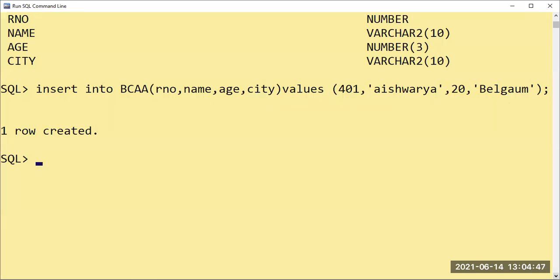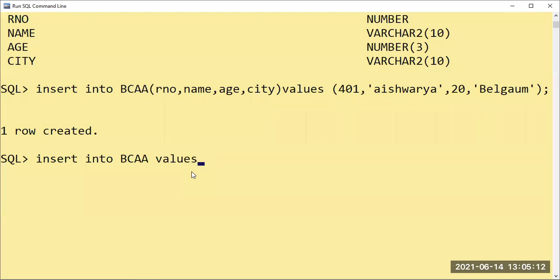Means you will be having records of 5 or 10 this way. So every time, why is it required to type all this? Better you use one statement: add the values for your first value and say forward slash. Okay. So start typing insert into BCA values.